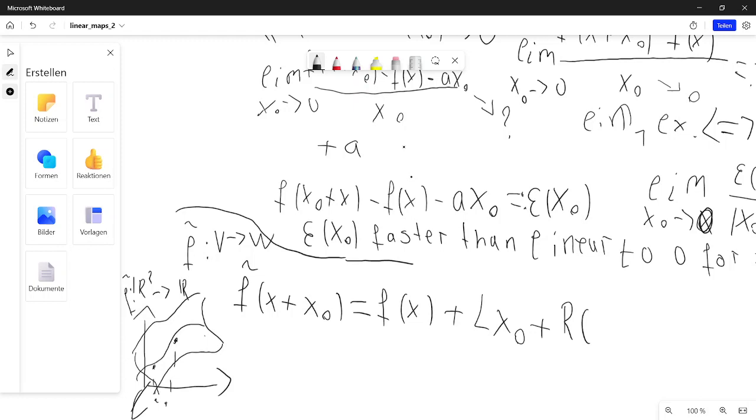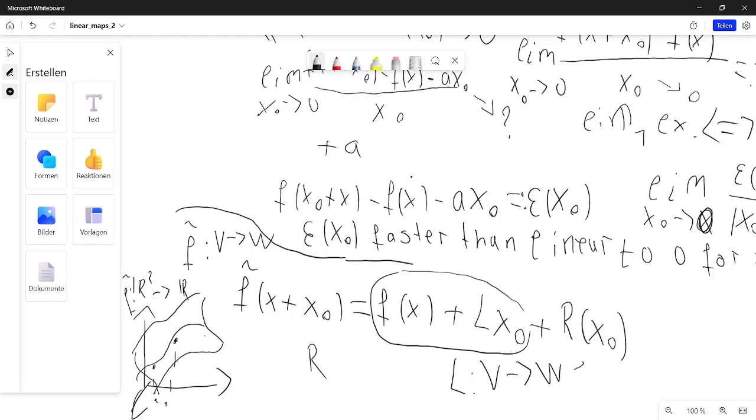I just call it R, such that R x0 compared to above. Here, if we bring it to the side, we have exactly that this difference between the function and its linear approximation, where L is of course now not a number, but L is a linear map itself, right? Linear map, just like in the definition above, I mean far above, right? L linear,